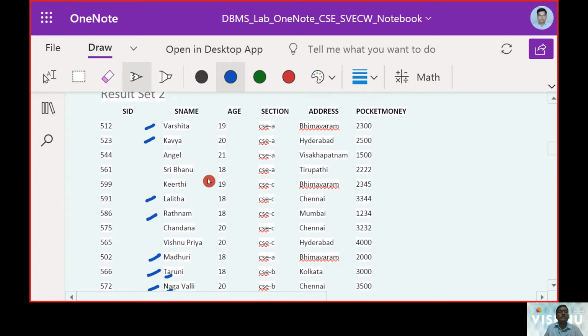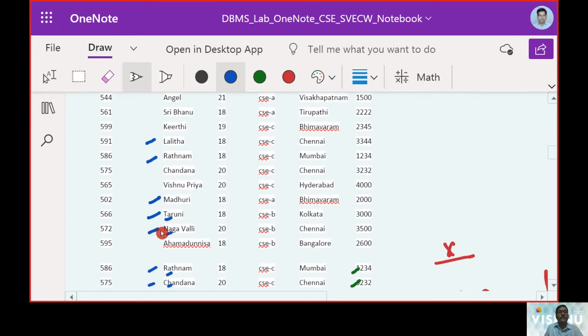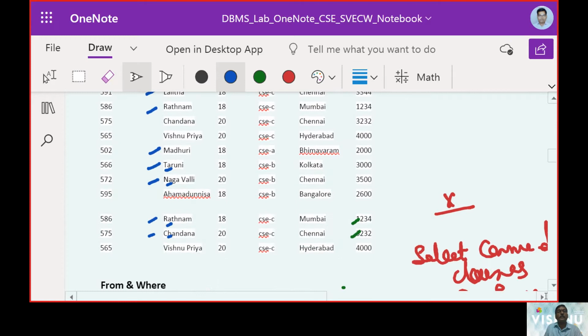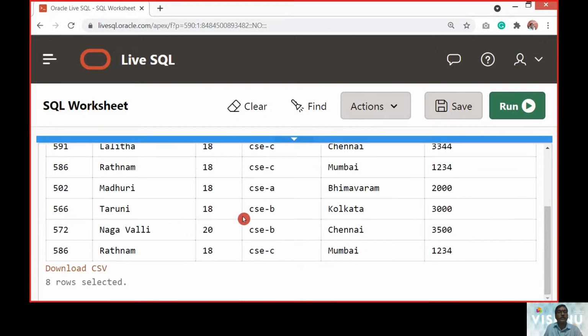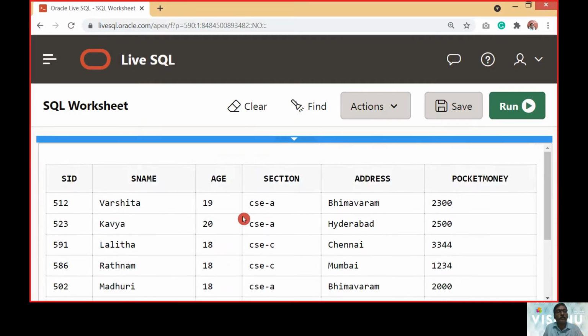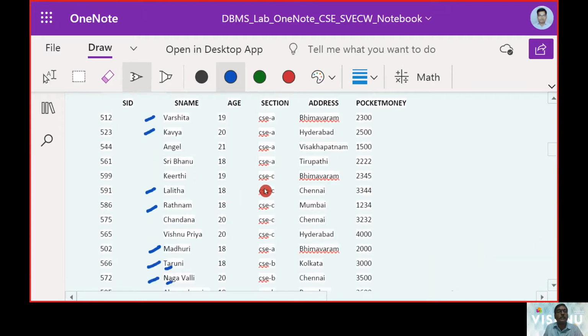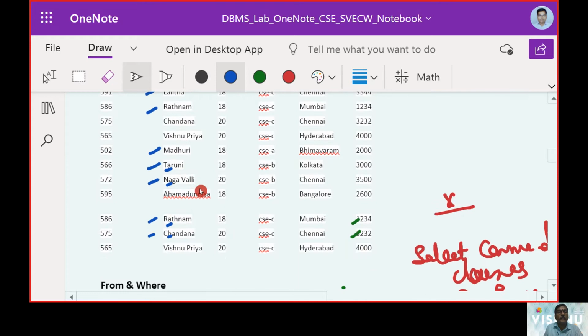So how many rows we are expecting? So we expect 1, 2, 3, 4, 5, 6, 7, 8, 9. So what was the total number of rows we are going to get? It is 8. Maybe we have made a mistake there. Just go back to the scenario. So where did it go off? So Chandana, right? So this is not here, right?